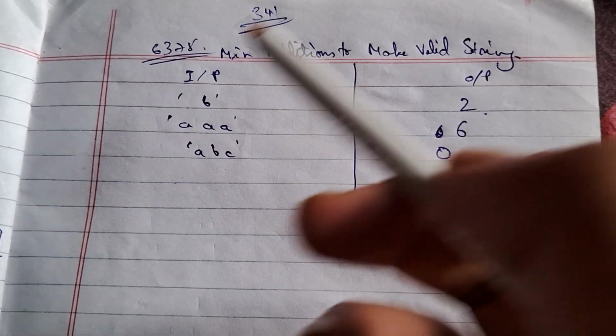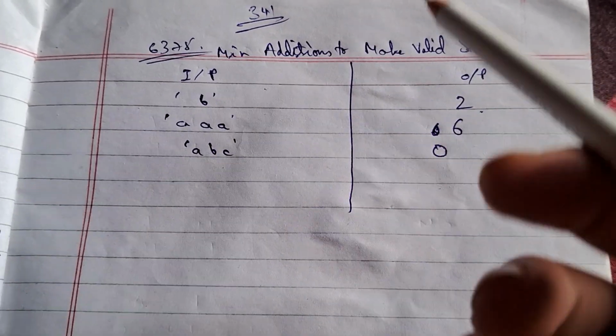So in this video, I'm going to discuss the LeetCode 341 weekly contest problem, minimum additions to make valid